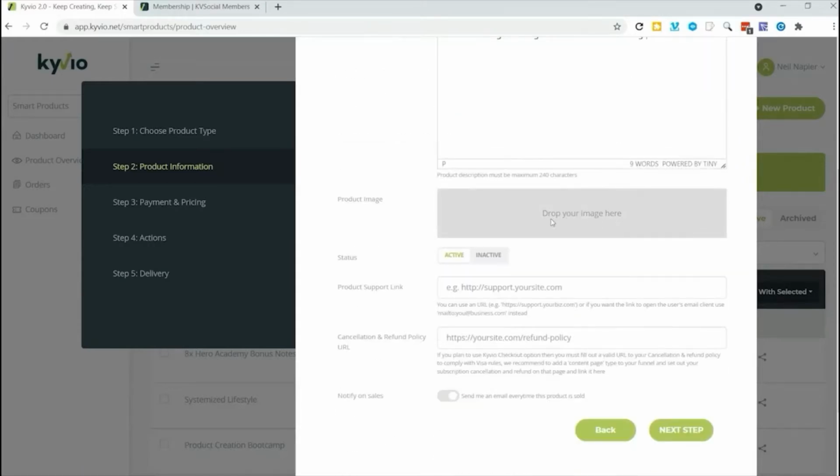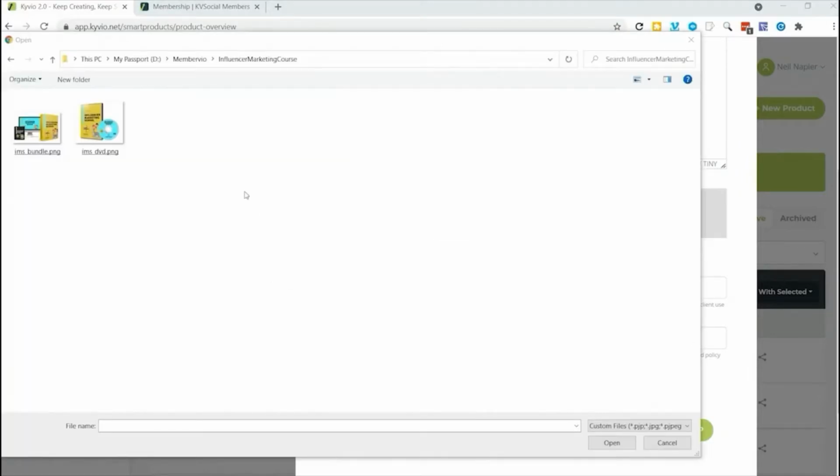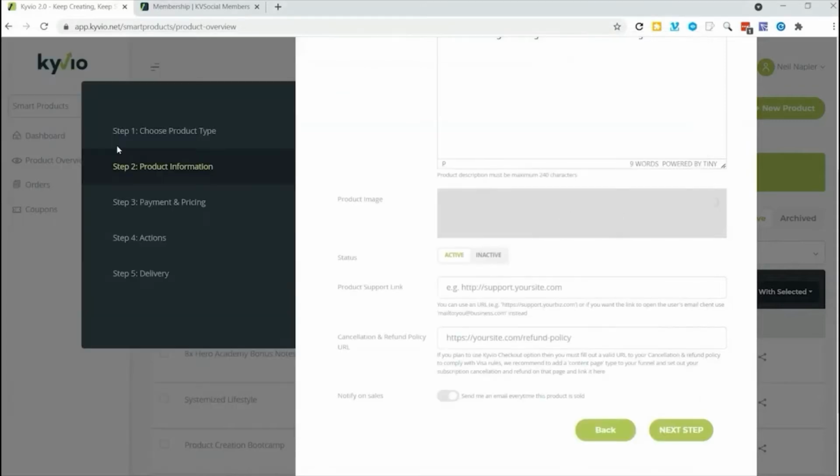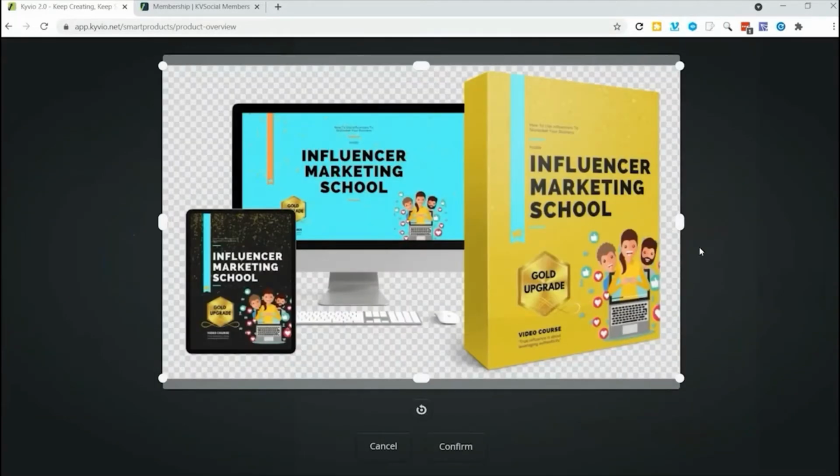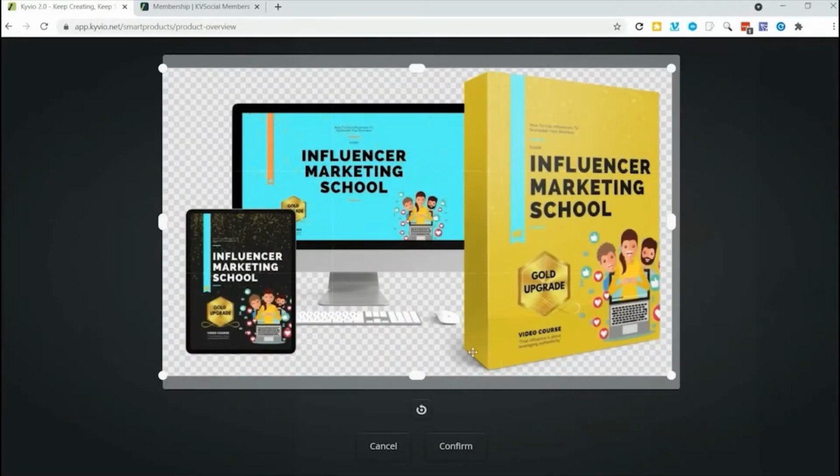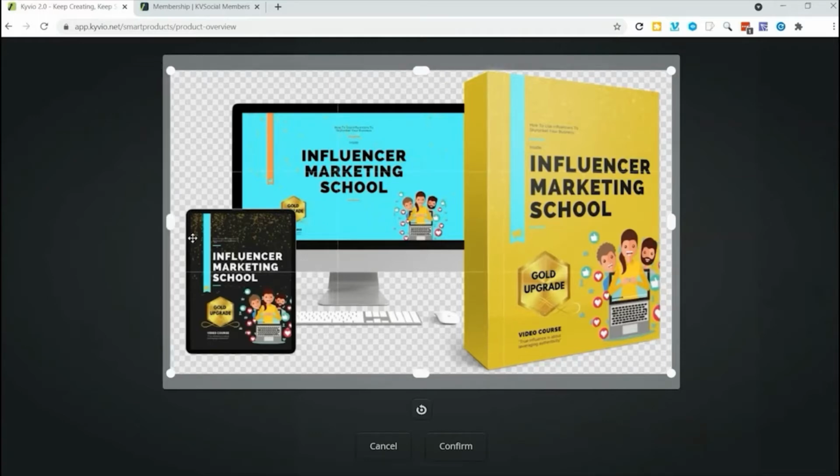Then we add our course image right here. Find our image and select it to add. So we're going to click here and navigate to our images, select it and upload. Now we can do some simple editing right over here. We can crop it or rotate it, get it looking the way we want it to, and just confirm our